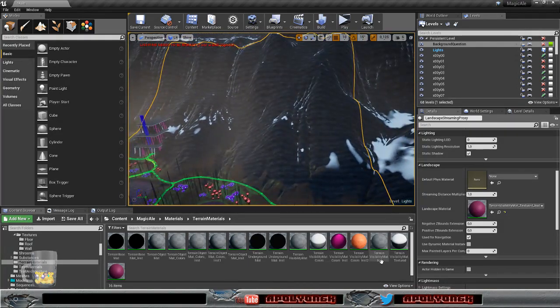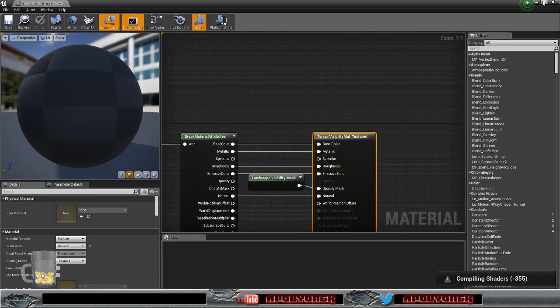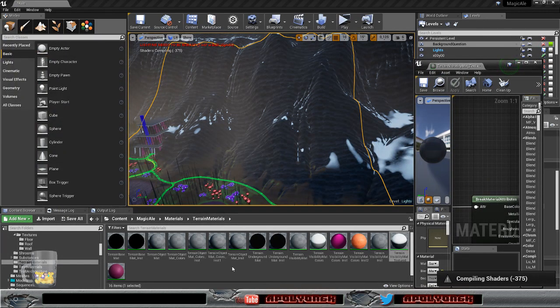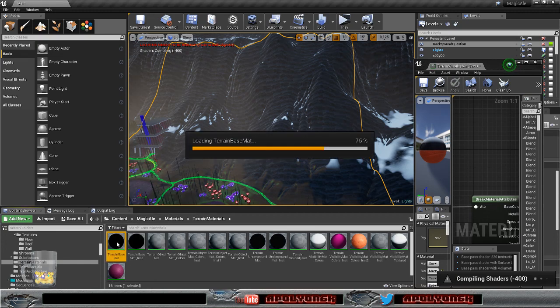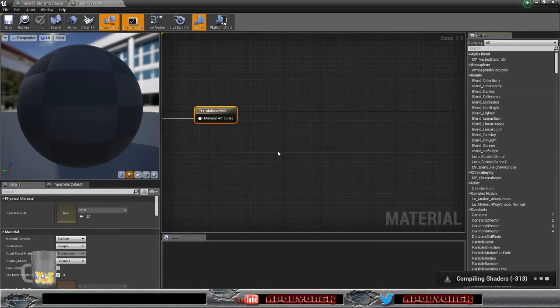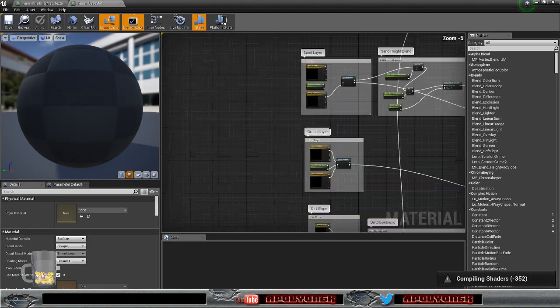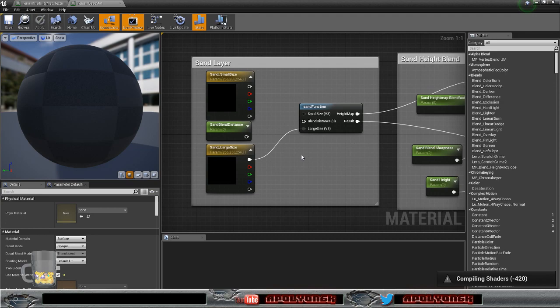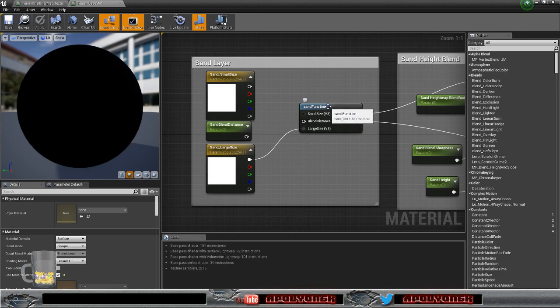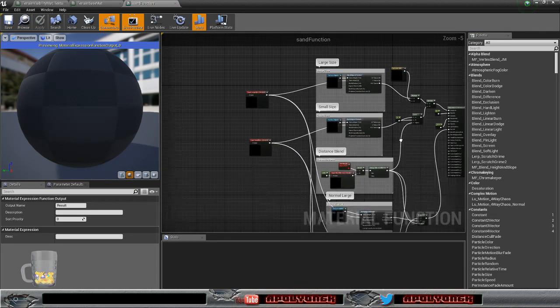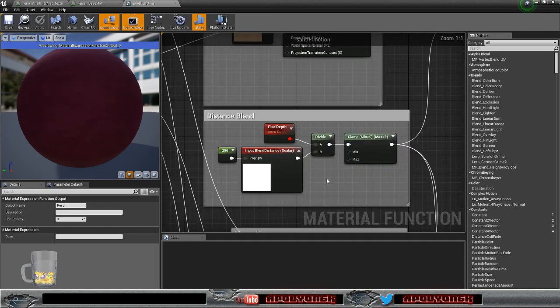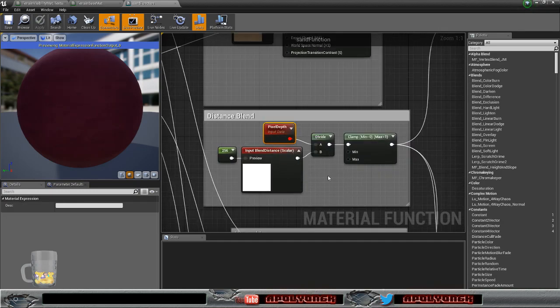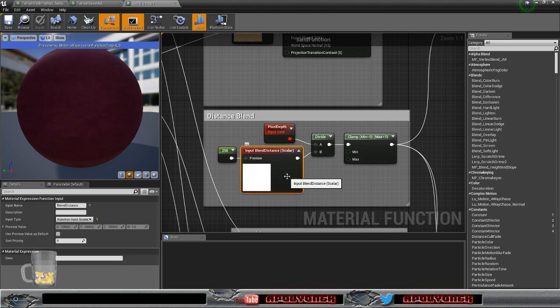Okay, let's have a look here. That's the one we worked on. And let's see, I think I have one material that already does the distance blending somehow. Sand blends distance. Yeah, here I have the pixel depths divided by our blend distance,